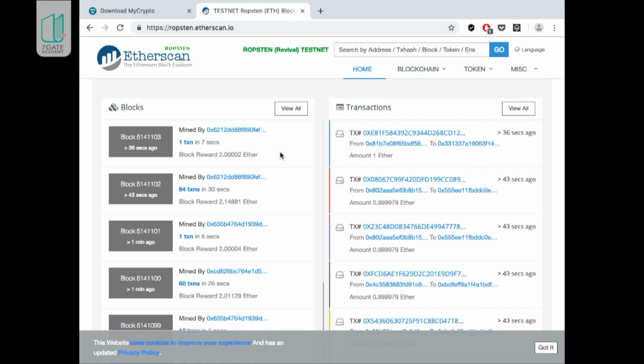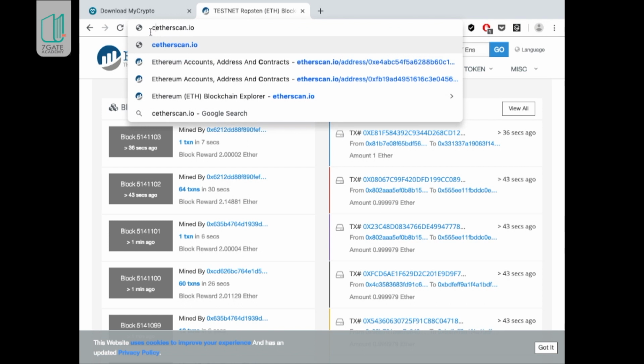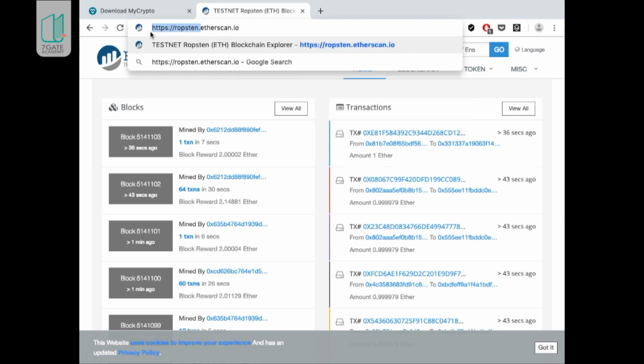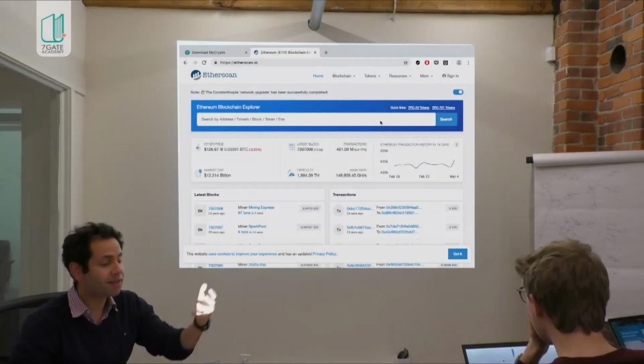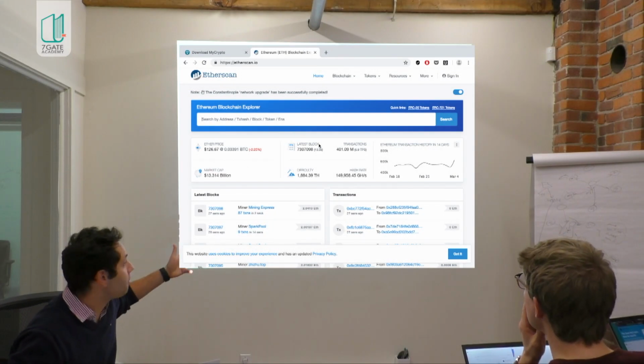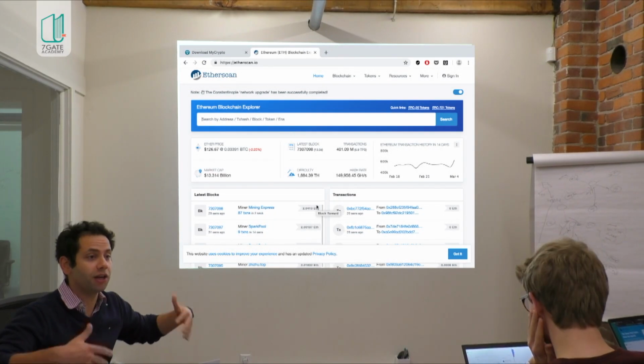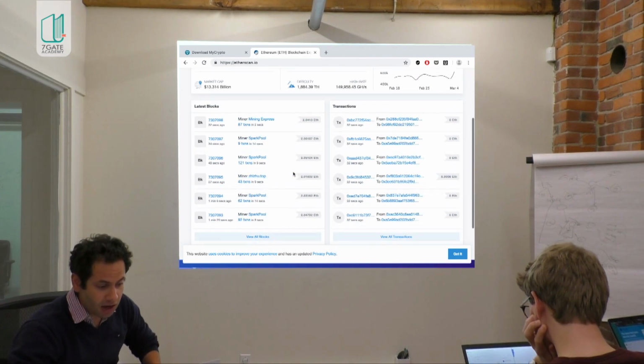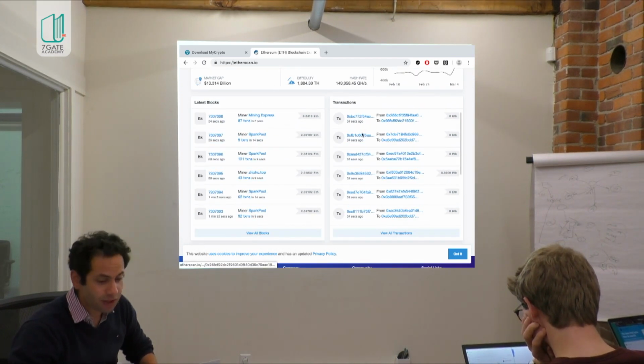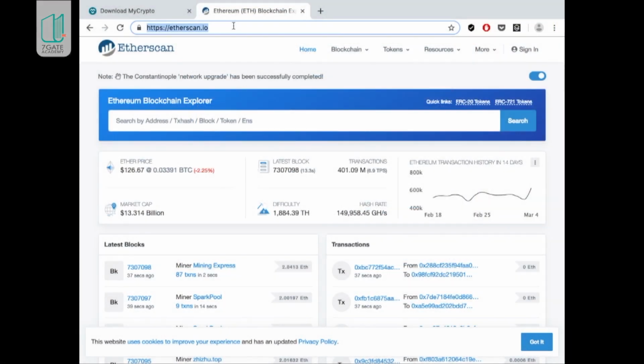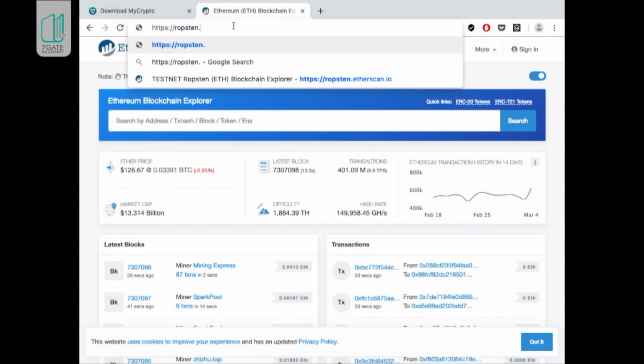the blockchain creates a bunch of blocks, as I said. Etherscan is a site that displays those blocks. Think of it as running one of those nodes and displaying what's happening every second or every minute, whatever it is, right? If you go to Etherscan.io, this is the mainnet, so the real Ethereum network is moving around, right? You can see the new block 33 seconds ago, 34 seconds ago. But when you put Ropsten before that, sorry,